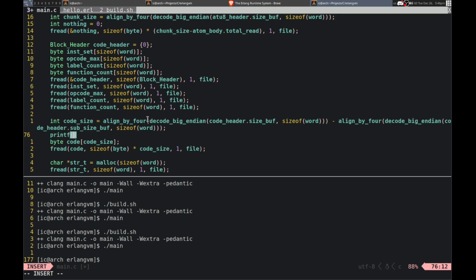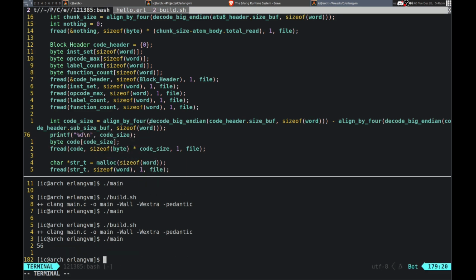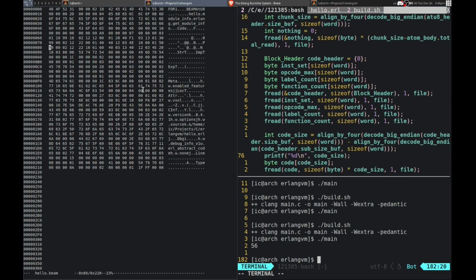Let me print the code size. And 56, okay. So when we get to str T, where is that at? Right there. Okay, yeah, so we have 2 extra there. So that was actually right?